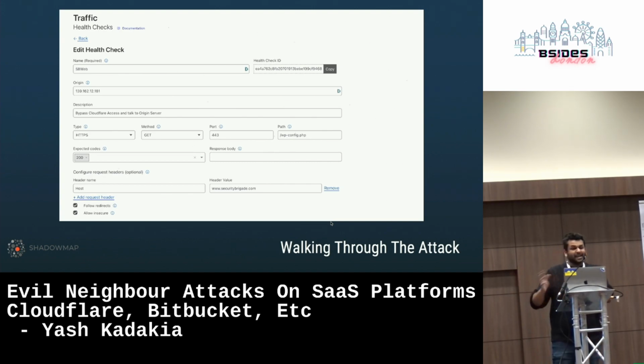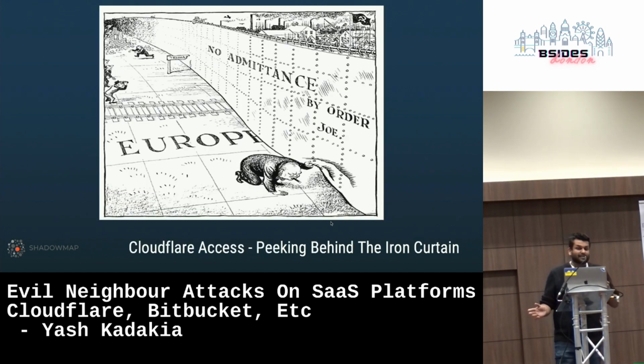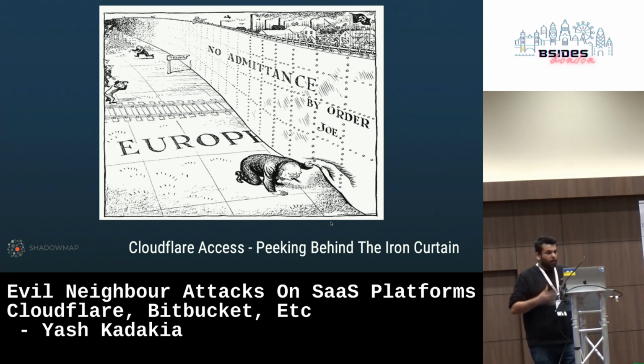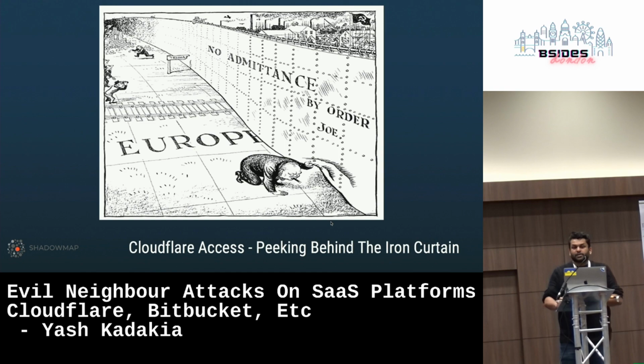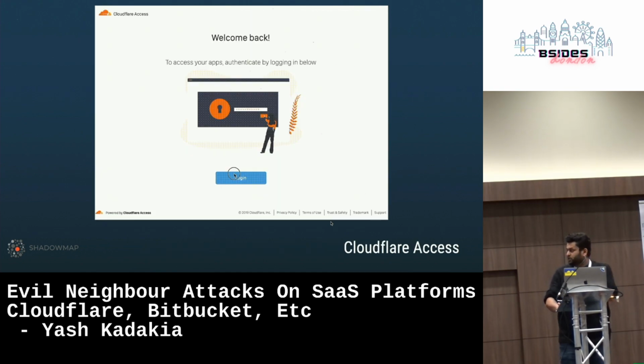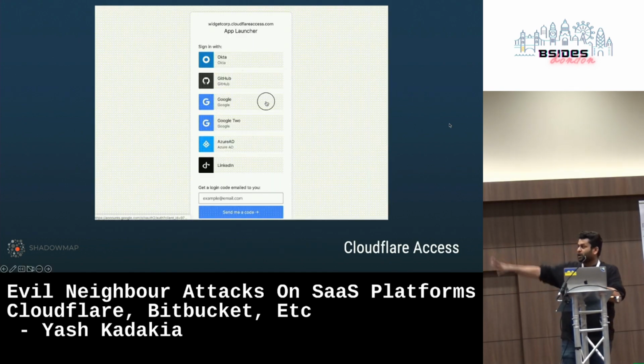The next one is again the same attack, but I'll cover both before I talk about mitigation and controls that Cloudflare already has available. It's Cloudflare Access, right? So we use Cloudflare Access as an organization. All of our assets are behind Zero Trust Cloudflare Access. There's no VPN essentially being used. So for those that don't know it, I've just got a quick little GIF that plays with Cloudflare Access.